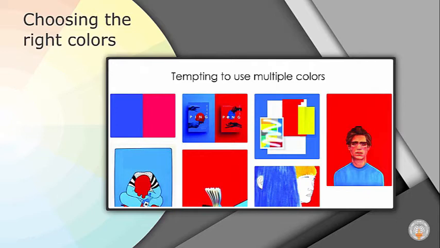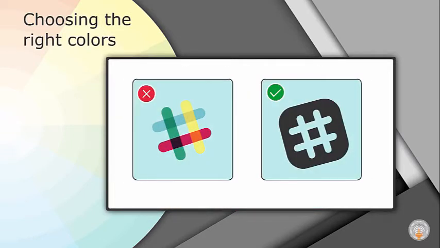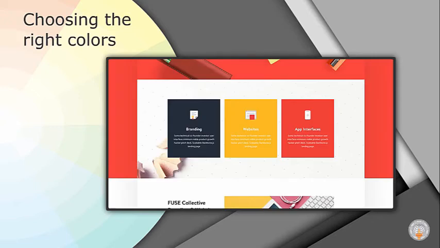Sometimes it might be tempting to use multiple colors, especially when you want your design to stand out. But you might end up selecting colors that don't have a relationship with each other. This will result in a rainbow effect with poor color contrast. So choose a couple of colors that show compatible relation and choose additional colors if you have a valid reason.